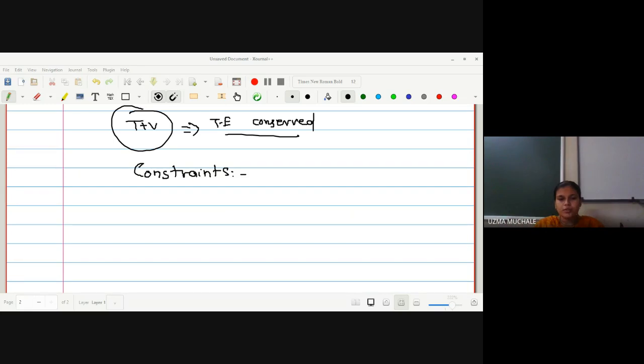So what do you mean by restriction? Suppose we are traveling anywhere, and there is some problem due to air. Just like in the rainy season, if a strong gust of wind comes, that is also one geometric problem, right? So geometric restrictions on the motion of a system of particles or a single particle, these types of restrictions on the motion of a particle are called constraints. So what are the constraints?